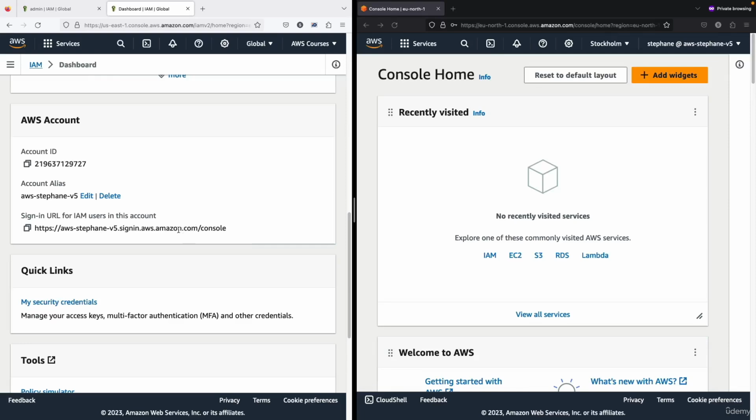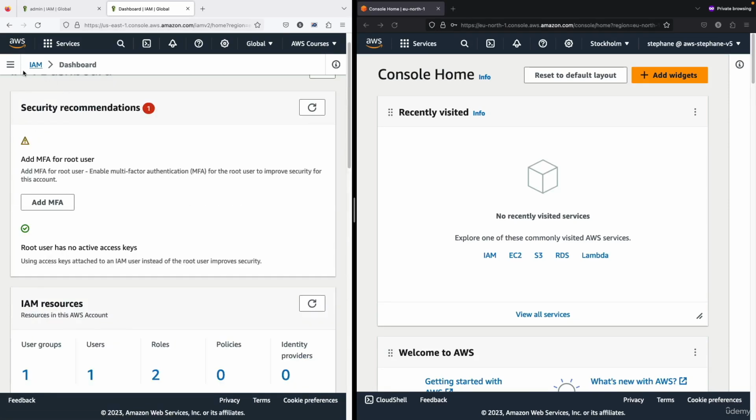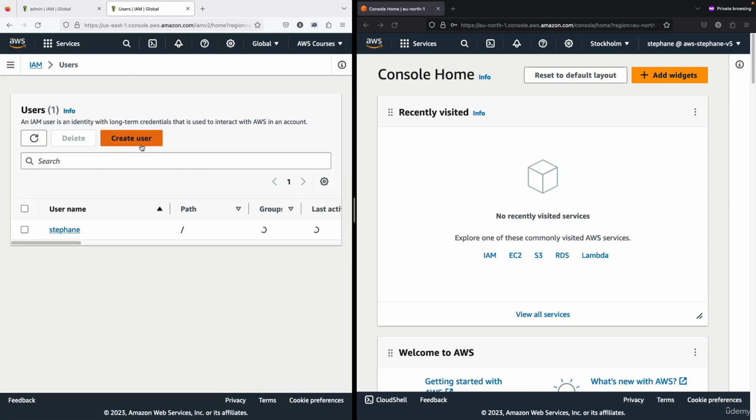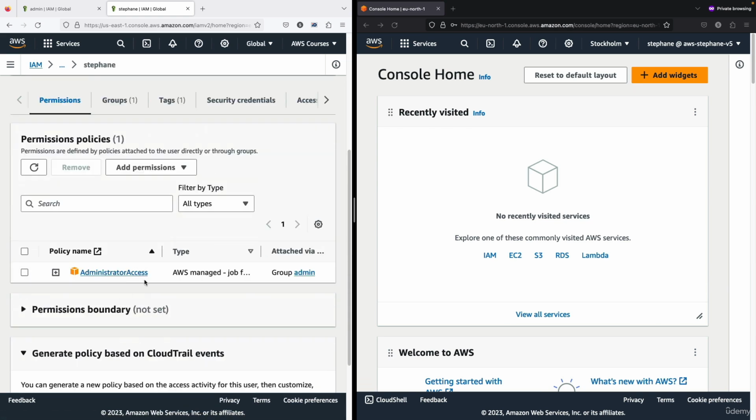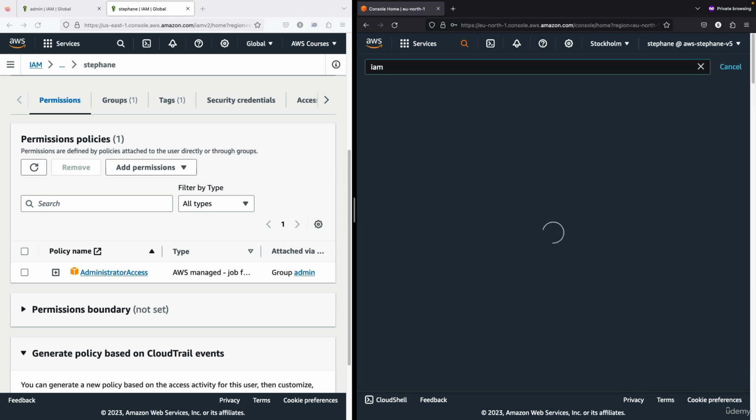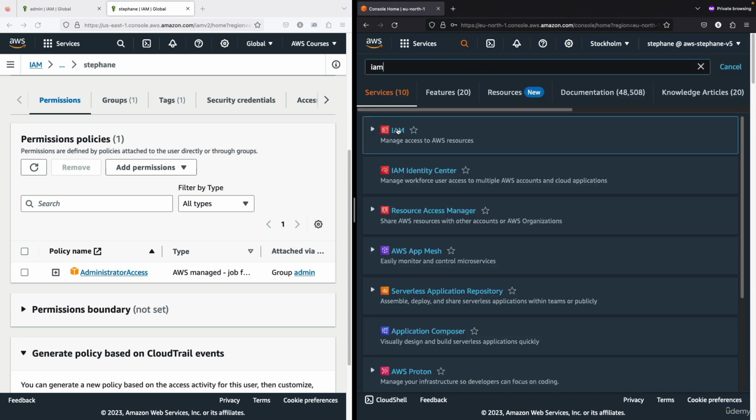So now let's have a look at IAM policies in depth. First of all, let's go into users. As you can see, the user Stefan is part of the admin group and therefore has administrator access permissions to AWS. That means that if I use my user Stefan to go into the IAM console,